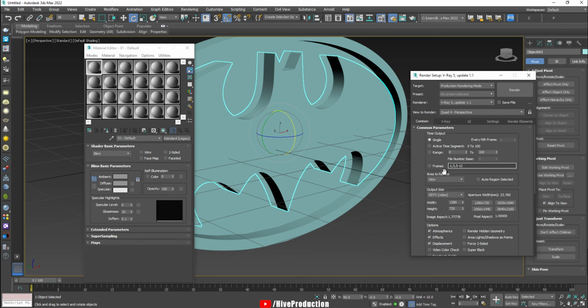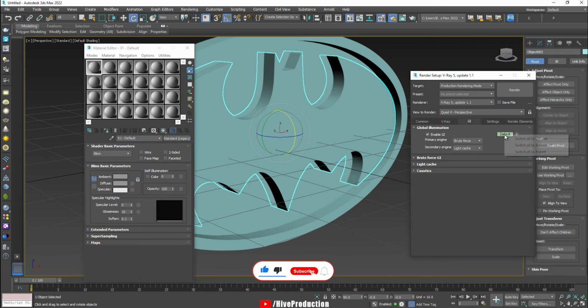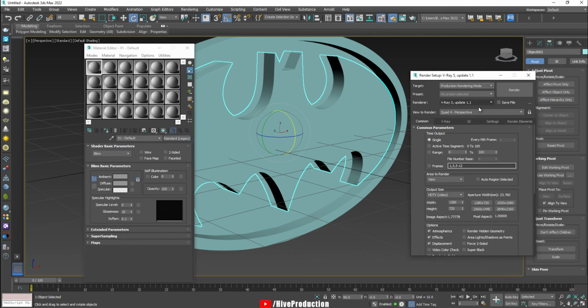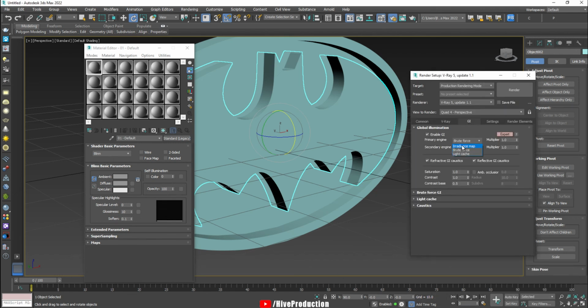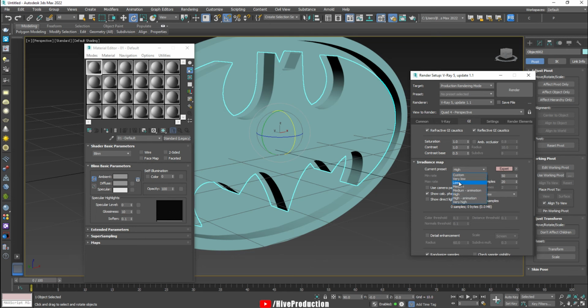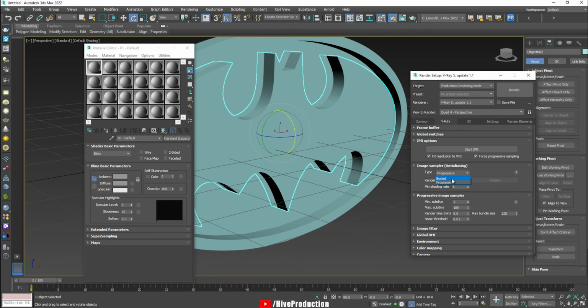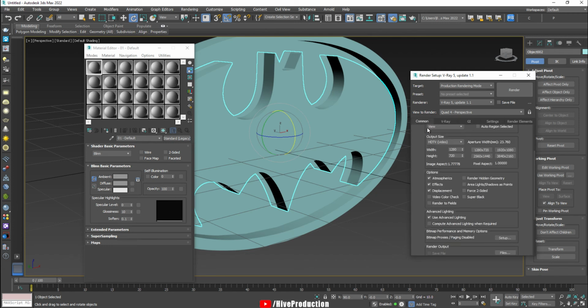Before that, we should go to the render settings. So I'm gonna go to the expert mode with GI, global illumination. After finding it, it will take some time, so we just need to set them with the irradiance map as your primary engine. Make the irradiance map low because we don't want it too high. And go to V-Ray, find the bucket with the same settings. I don't need to do anything there because I just need to